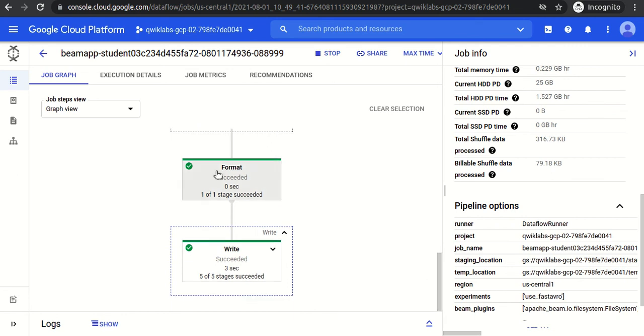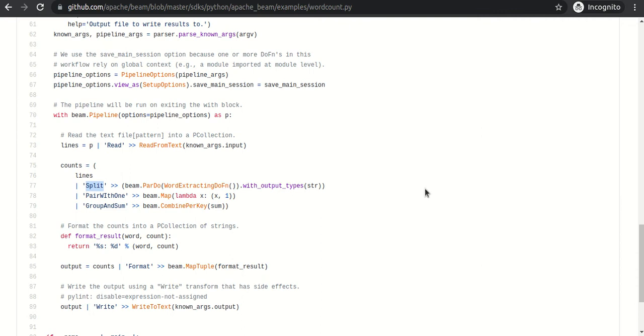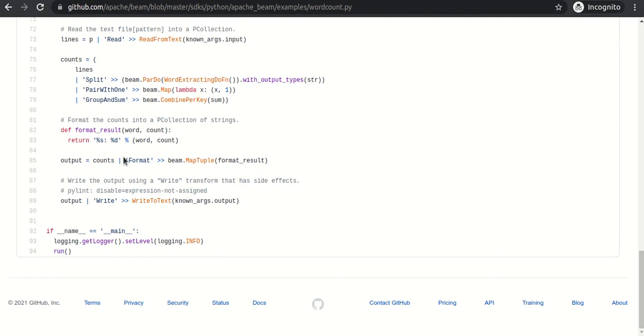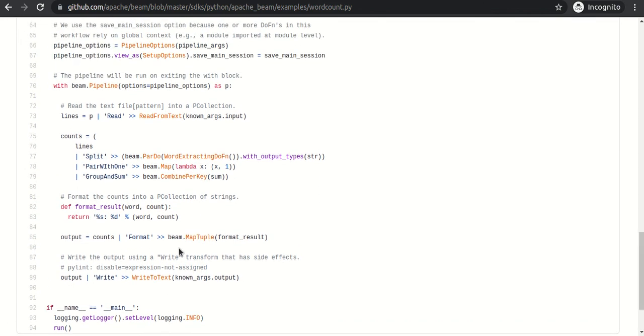So where is the code? So group and the sum, so it's a format and write, and there should be combine as well, combine per key. Whatever functions we have to write, that is basically one step, just the name of the step which we have to do, and what that particular step does is,